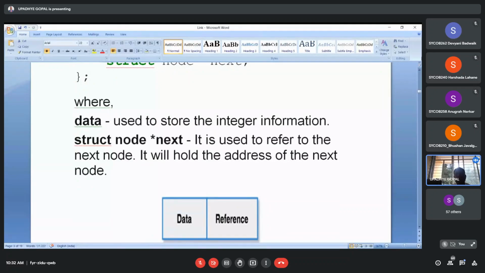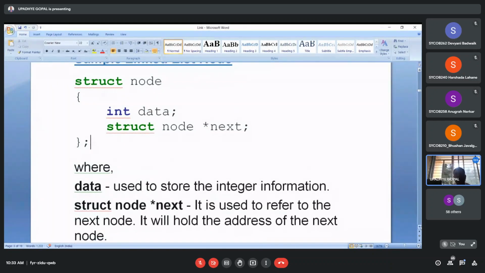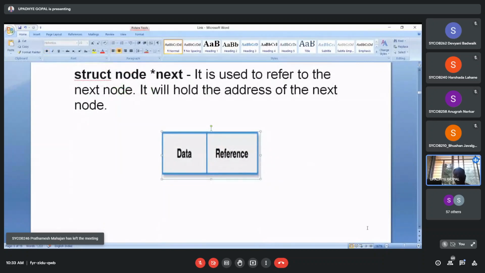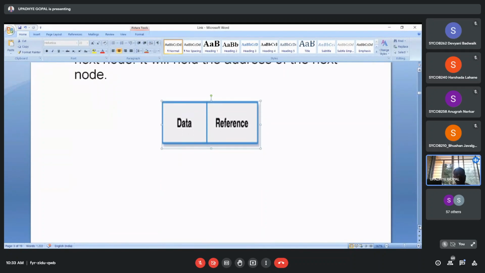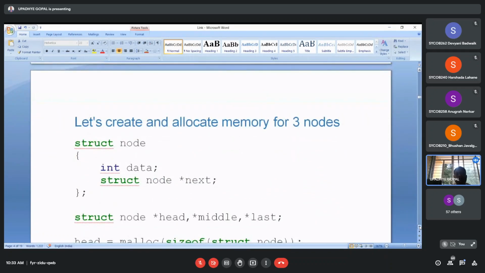A simple structure representation consists of an integer and a star pointer next. It is responsible for holding the first integer data type and the other pointer data type in a single container, and that single container is represented as a structure, and the node is represented by this structure data type. This is the general policy by means of which we can represent any node of a linked list, data and its reference. Keep in mind all these things, because to understand the representation of an array using a linked list, all these things are required. That's why I'm telling all these things.